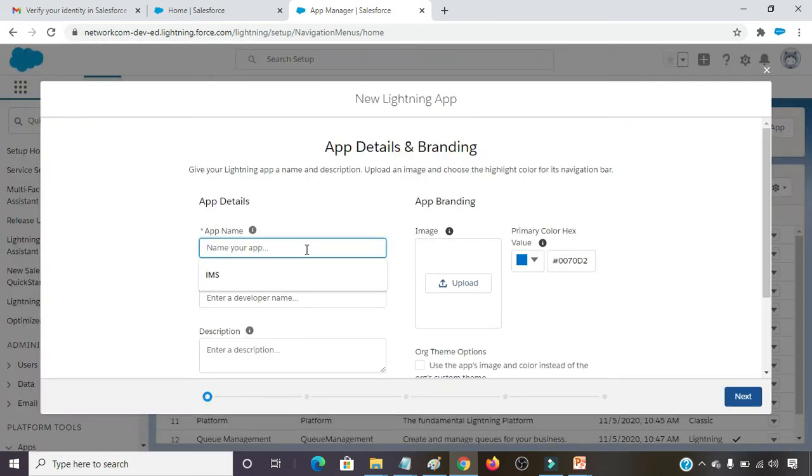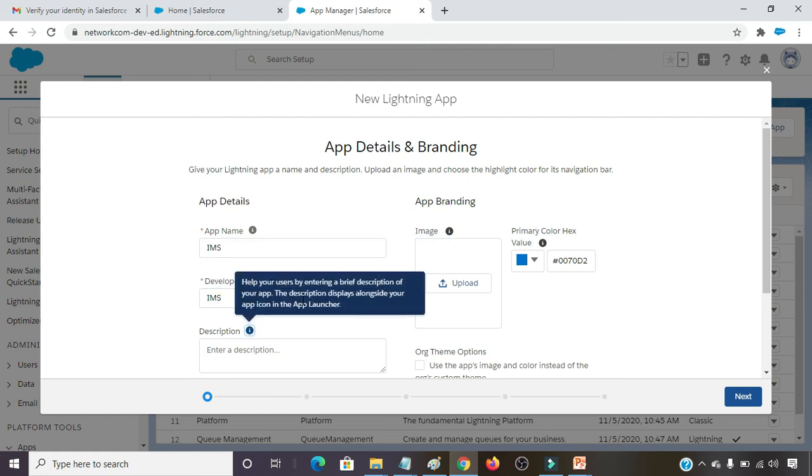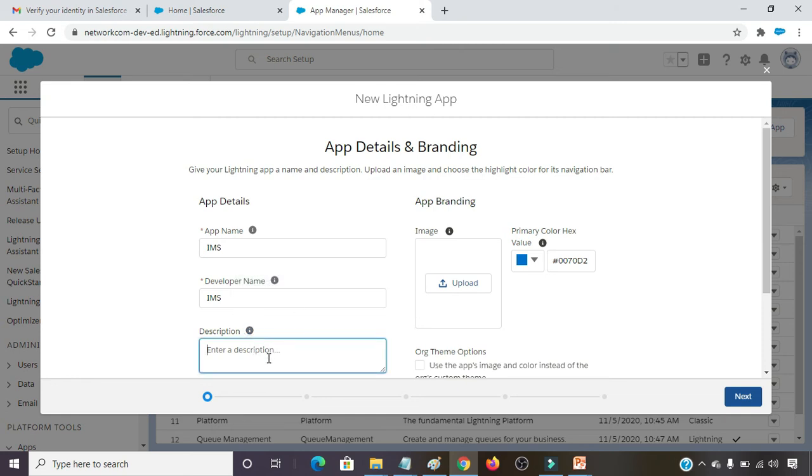Just provide the app name. Developer name is coming by default. If you want to put the description, just go for description. I am providing institute management system.